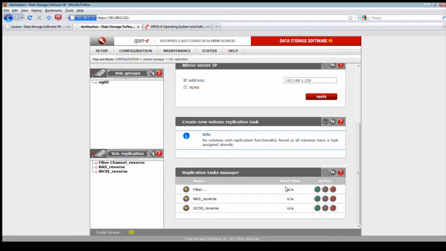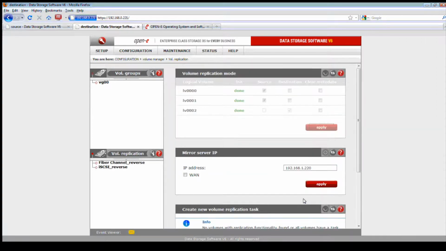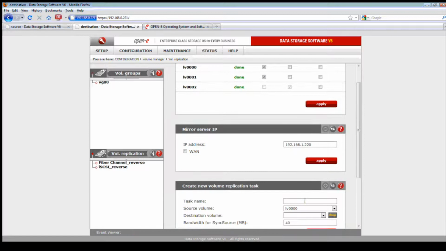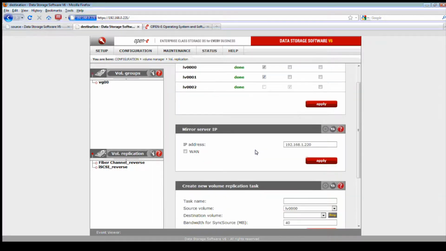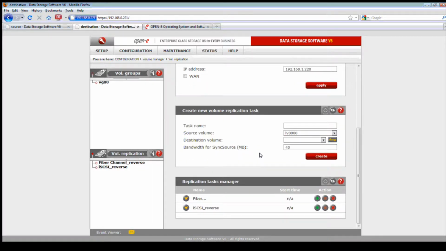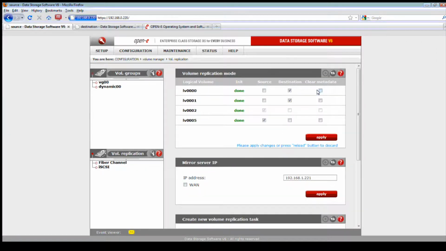What we'll do is kill it, actually set it at destination, and then come back. It's still forced, so we'll stop the task, kill it, come back, force it. It's set for source, apply.